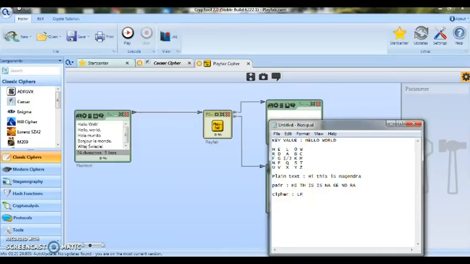So LF. LF is the cipher text for the pair HI, that is plain text,